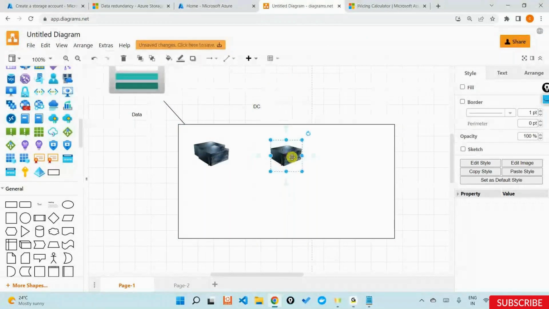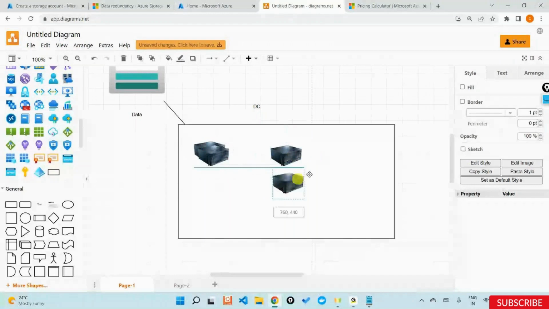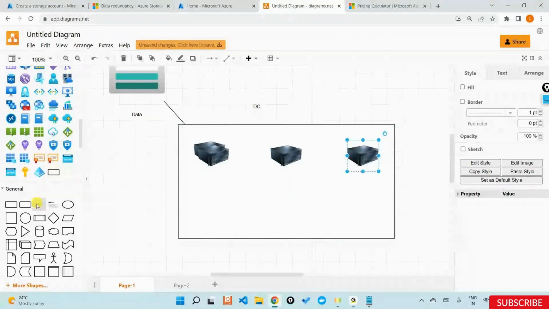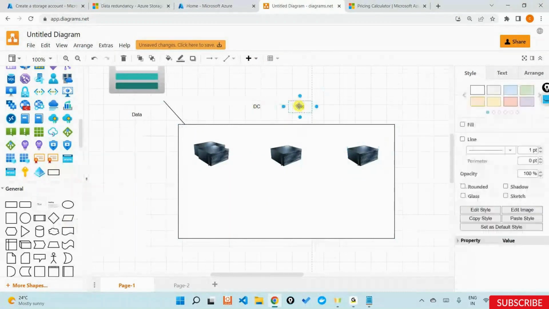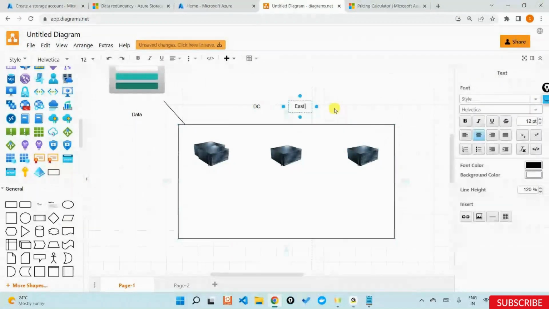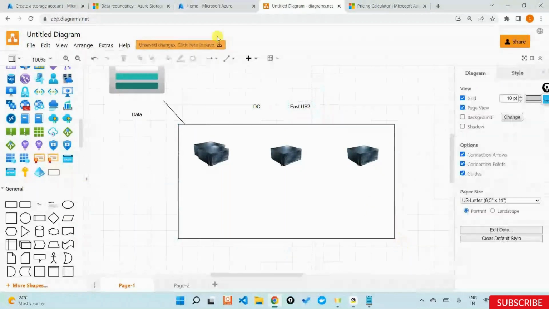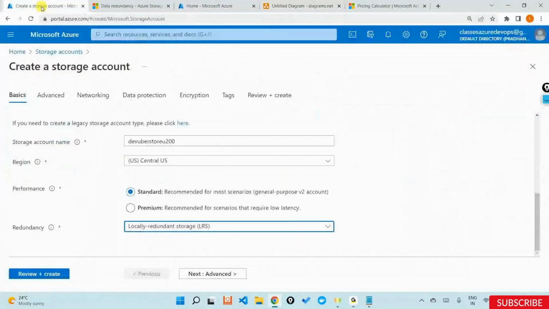They're not one, not two, but thousands of servers that are available inside the same data center. Again, this data center is hosted out of a region called ECS2. This is something that we need to understand. So Azure is saying that if you go for something called LRS, which is locally redundant storage,